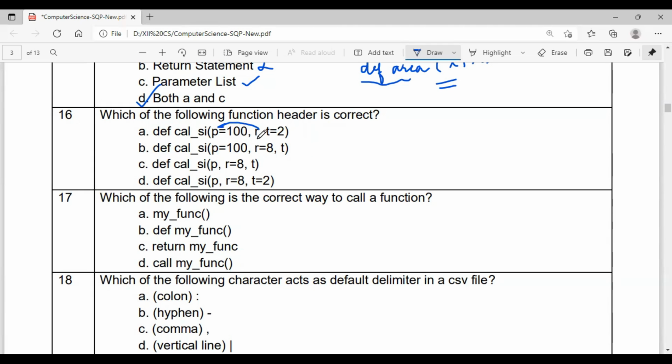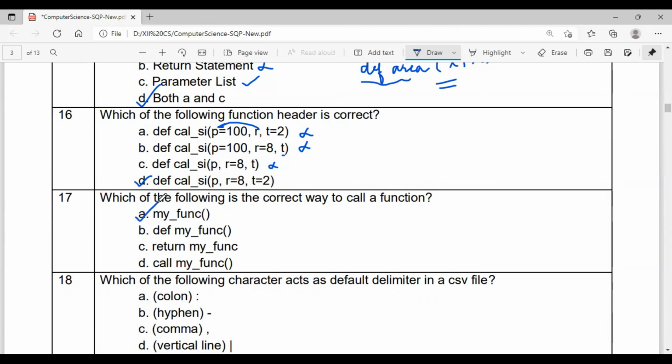Default value arguments should be from the rightmost side. Here also T is coming, with default arguments on the left side, so that is also wrong. Here the default argument is in the middle, that is also wrong. Here all the default arguments are on the rightmost side, so option D is the correct answer.